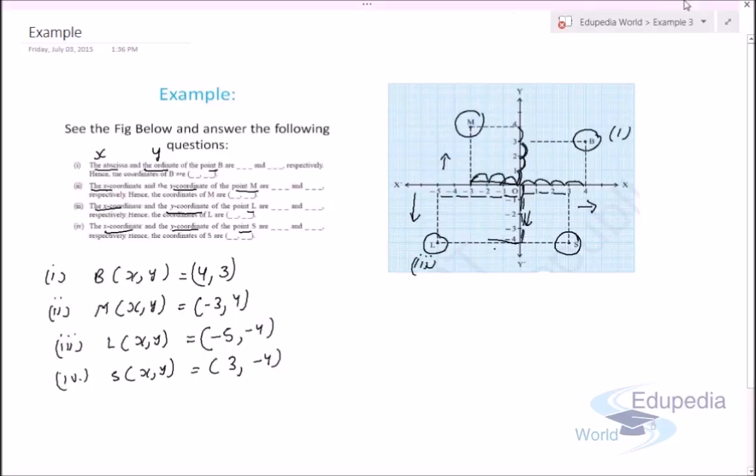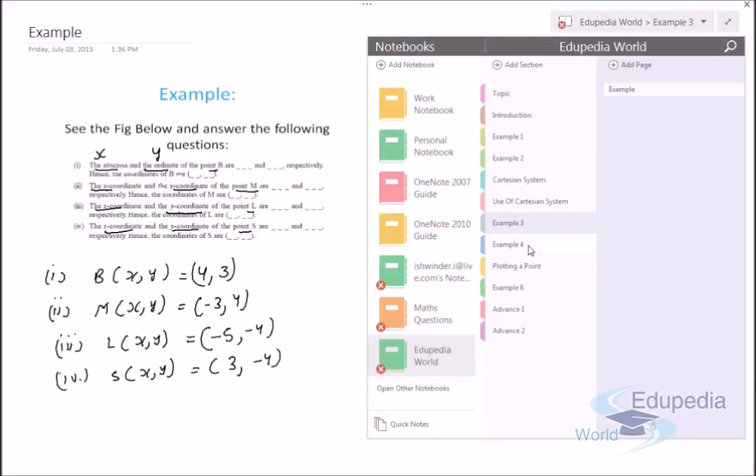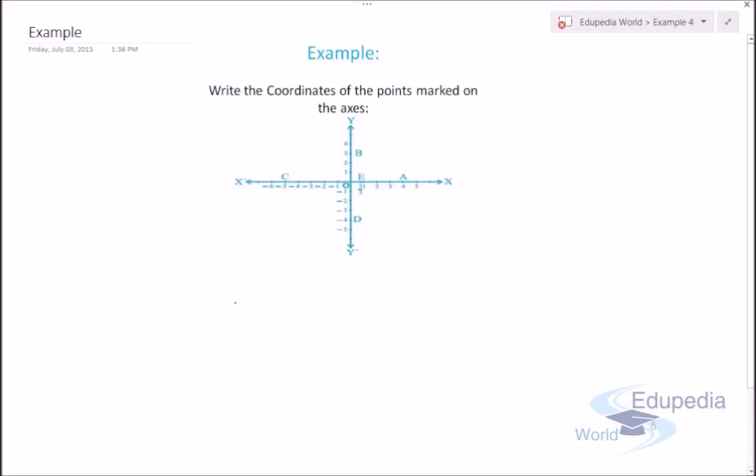So let's move on to the next example. The example is we have to write the coordinates of a point marked on the axis. It is a very good example, so you have to watch this example carefully. Let's discuss first point A, x and y. Now x lies on the x-axis. Whenever a point lies on the x-axis, let me tell you first,